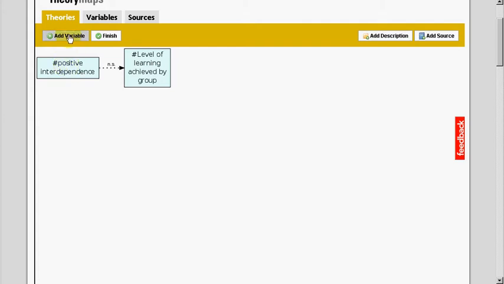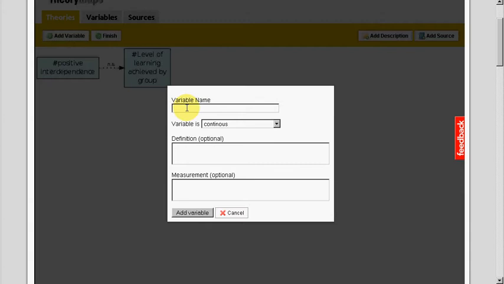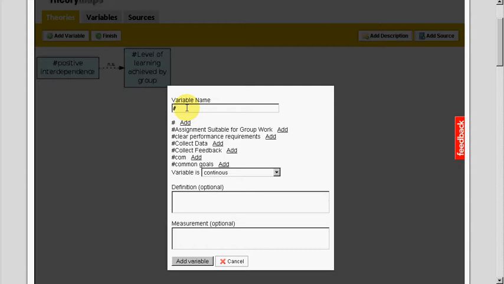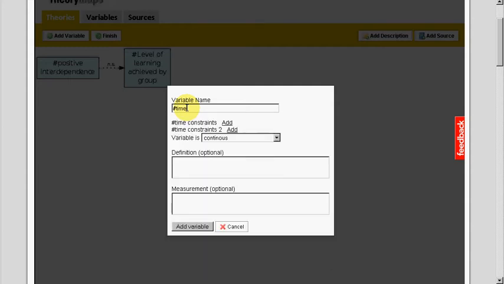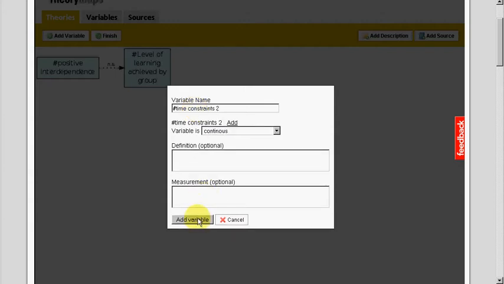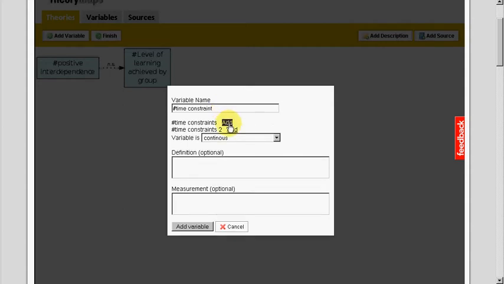So to add your personal variable, you click Add Variable button, put in a # so that the variable will be entered into the database, and so that other students in class will be able to find it and use the same variable in their maps. Type in time constraints, and in this case we already see that this variable has been added to the database. But if you were to add your own variable, make sure you put in the #, type in time constraints, and whatever it is you type in here will be added to the database. But since this variable already exists, we can then simply click Add,